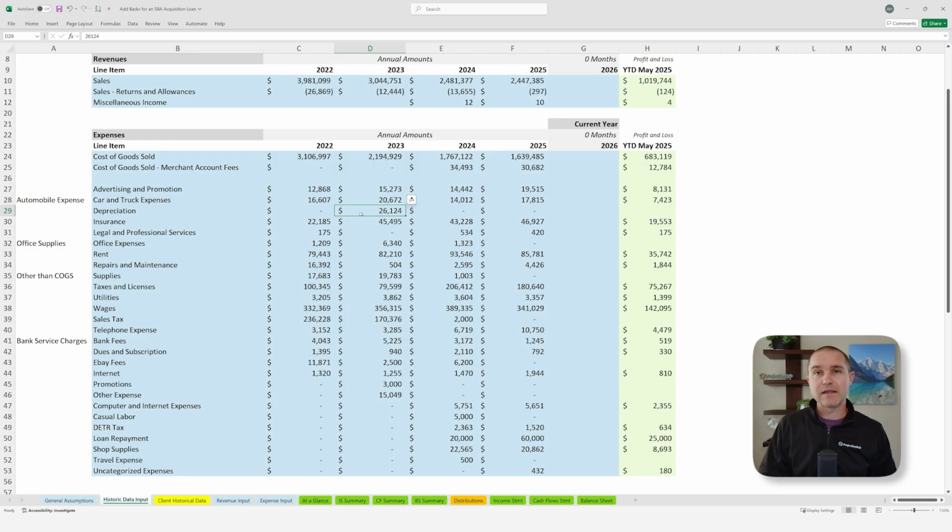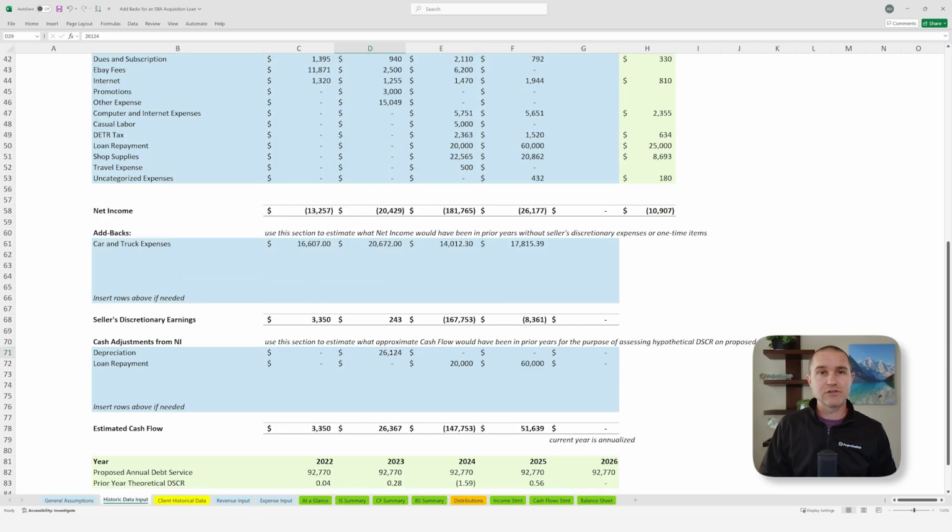Depreciation, we already had in the model. We're already adding back depreciation. Every lender is going to let you add back depreciation most of the time. Now, there could be some businesses where you continually need capital expenditures. A trucking business is a good example, where you're buying trucks. Every year you're upgrading your fleet, buying a new truck, replacing old trucks. You're going to have depreciation every year, but you're also going to have to probably spend on capital expenditures every year. So that's a situation where the lender is going to say,